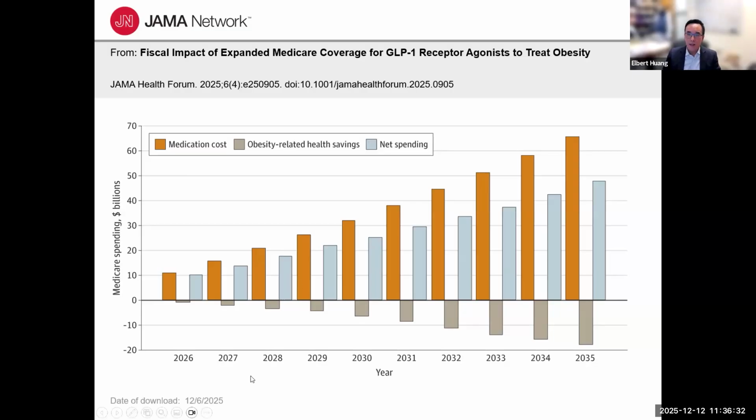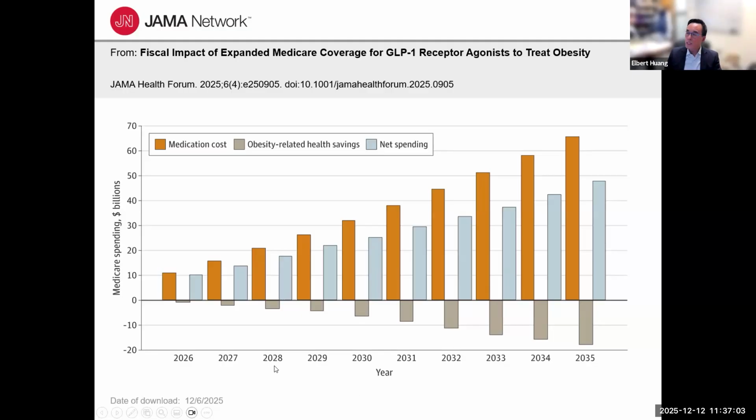And the yellow line, and this is a very cold-hearted kind of look at costs, the kind of analysis that the Congressional Budget Office does. So in this case, the yellow line shows you the growth, and what we accounted for was new people taking the drug. We tried to guess how many people would stay on the drug long term. We accounted for savings due to being on the drugs due to improved health, but the blue shows you net